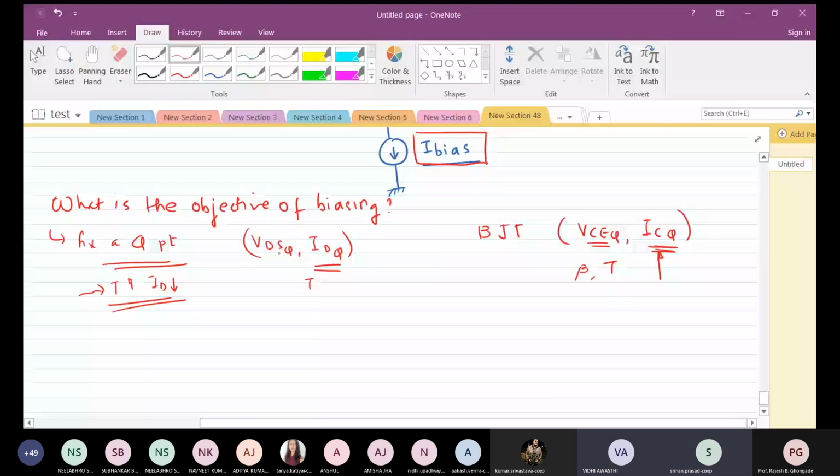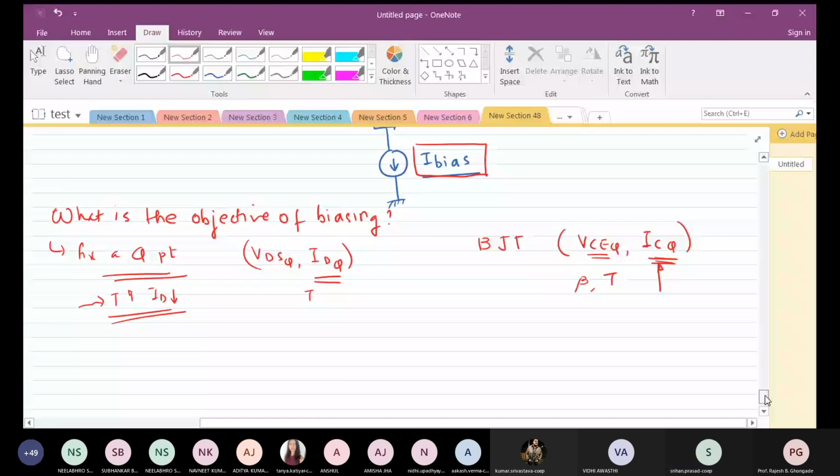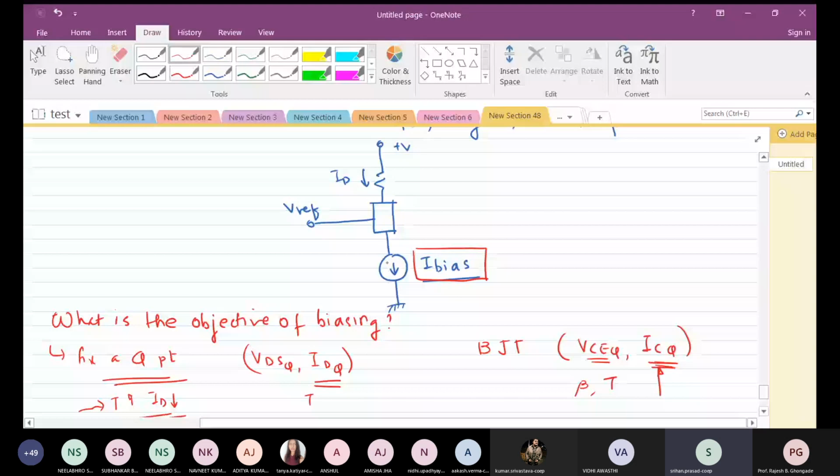But we want that IDQ should be as rock solid as possible, no? And that is possible with the help of such a kind of circuit. Why not have a constant current source? So this guy is a constant